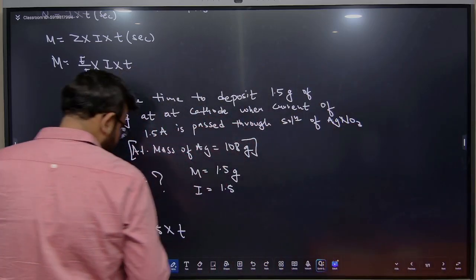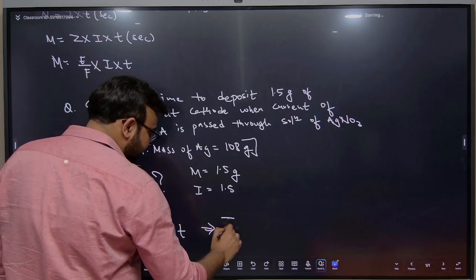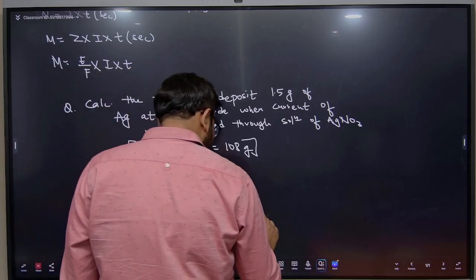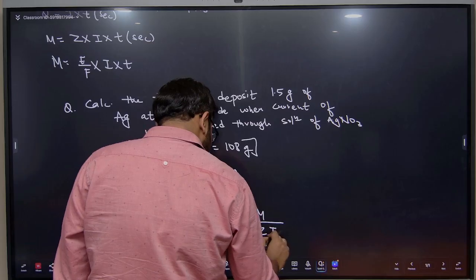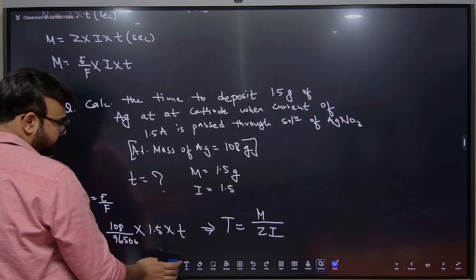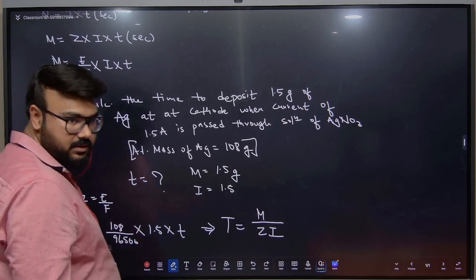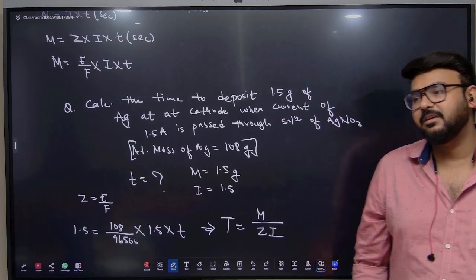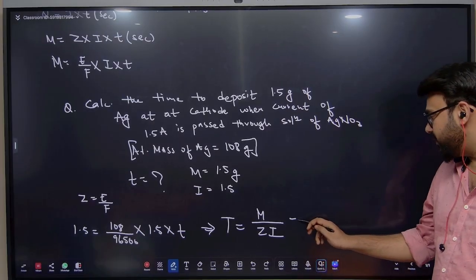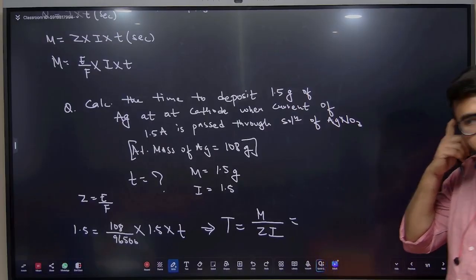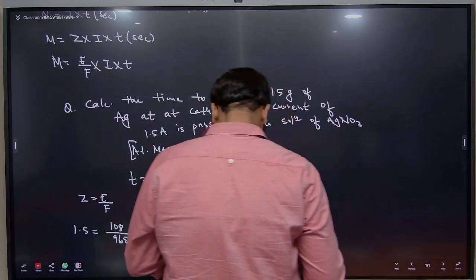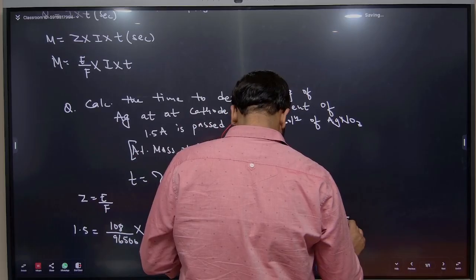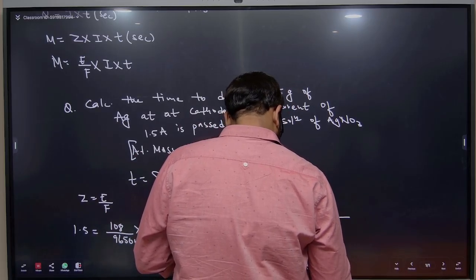So guys, you can rewrite it as P is equal to M by Zi. Now it's time to put the values. Guys, calculations, I told you, board exam question calculations will be lengthy, but you have to do it quickly. So put the values in M by Zi: 1.5 by 108 by,